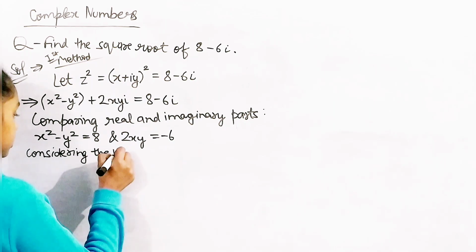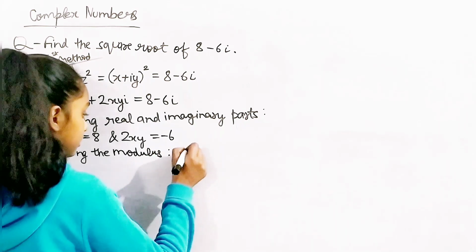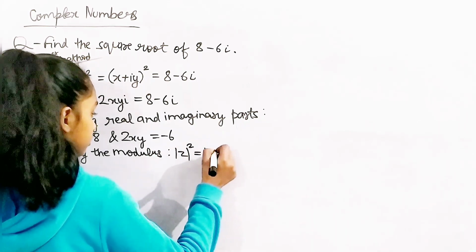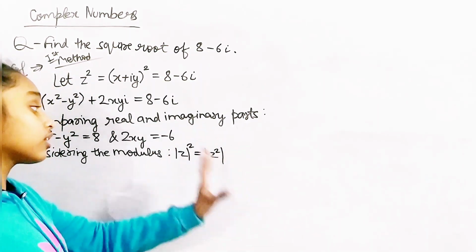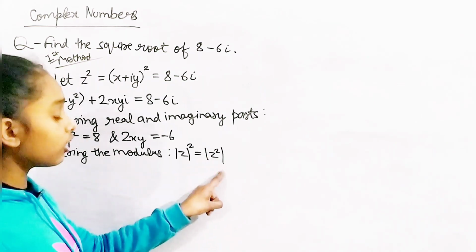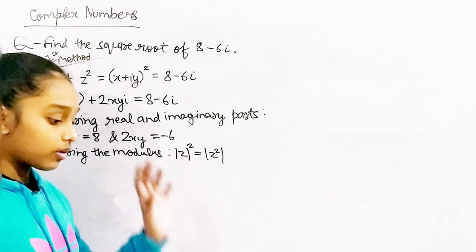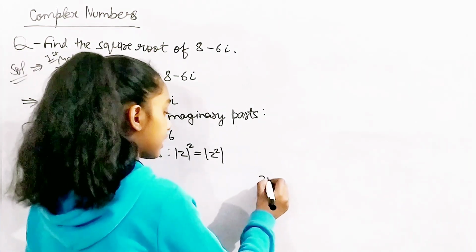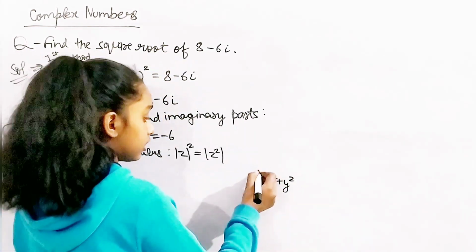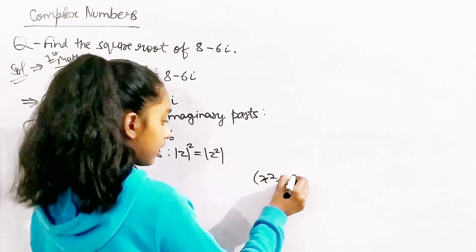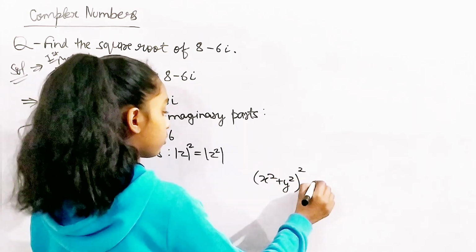Considering the modulus, what I'm trying to say is that z squared is equal to this. The difference is that the square is outside the modulus here, and inside it there. So what is it saying? That the mod of z, let's say, is x squared plus y squared, right? So x squared plus y squared whole square is equal to